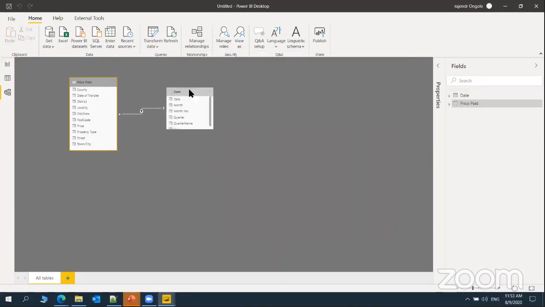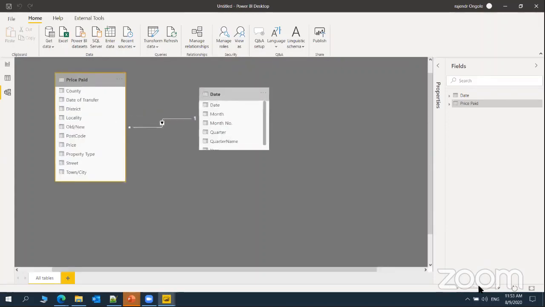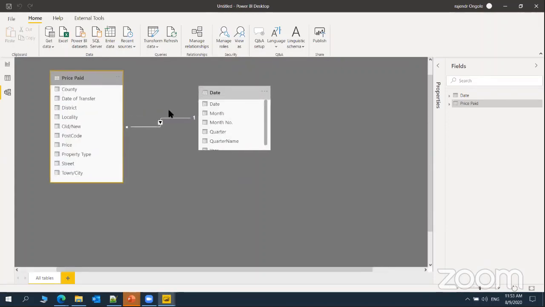So as of now, I have just given the relationship between two tables, based on date to date, which is here. If you can see this one, it is showing a star. I'm just making it somewhat bold. See here, this has one and star. One is for unique, meaning there is no repetition in the date. That's why it has been taken as unique, and comes as one and star.